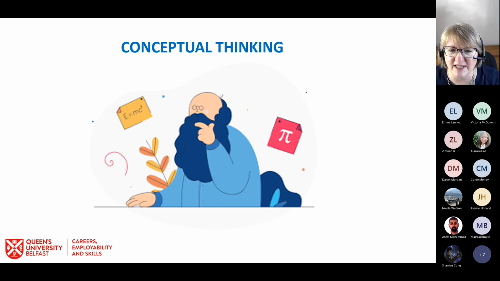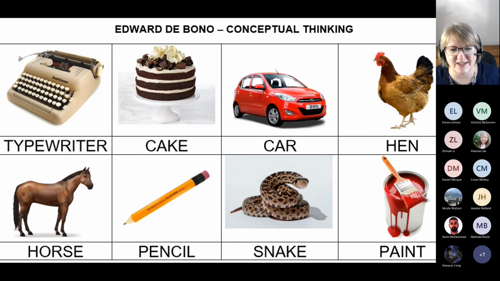So I'll give you a minute. I'll put the picture up. I won't be asking you for feedback, but very happy if you want to put pairings into the chat as you go along. If you think of a pair and you say, right, let's put that up into the chat, that's great. And I think that most of you will find this one relatively easy. So there's your picture. I'll give you a minute for that one. What you want to do is come up with 4 pairs to put those together. If anybody wants to put their answers in the chat function, I'll have a go at reading them out as well. Yeah, and there's no wrongs, remember.